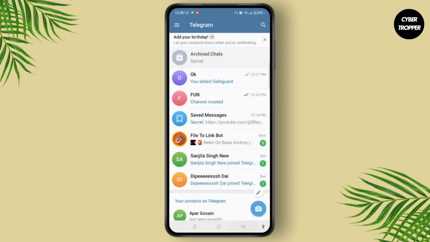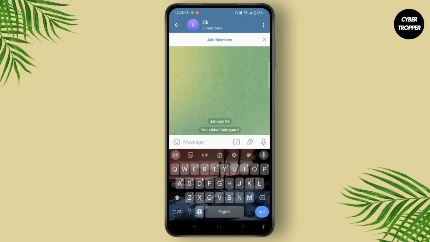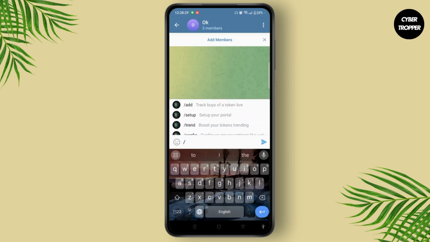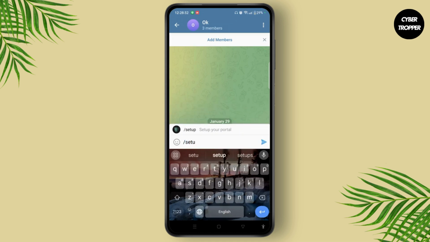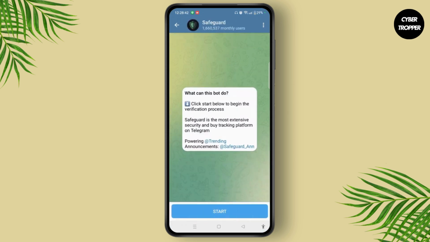Now you simply need to come back to this section and open your channel once again. Now tap on the message bar and you simply need to type in /setup. And here you can easily see set up your portal. Tap on it and now select the create a portal button and then tap on